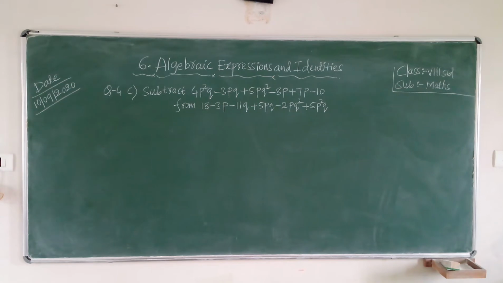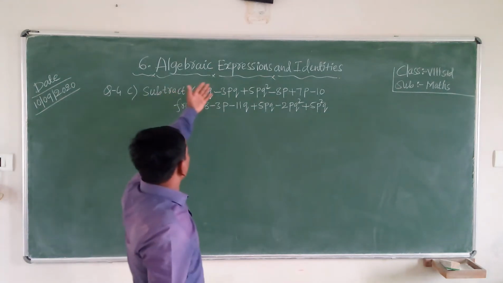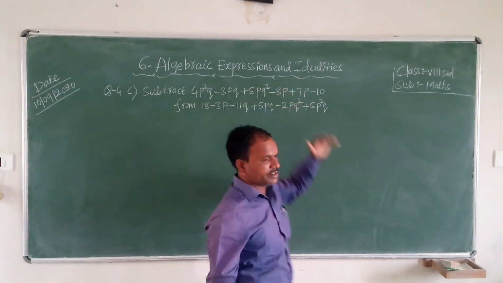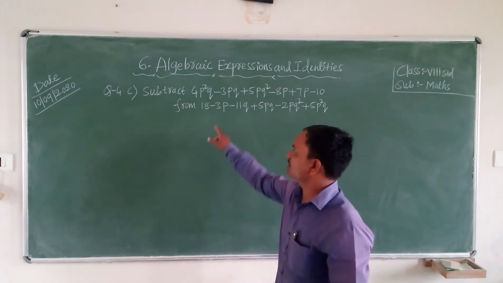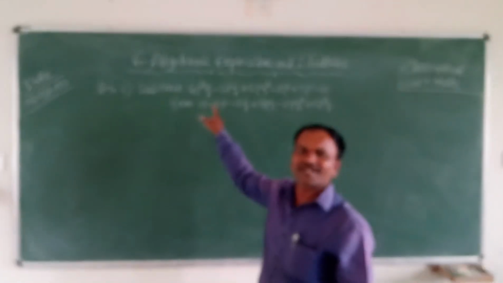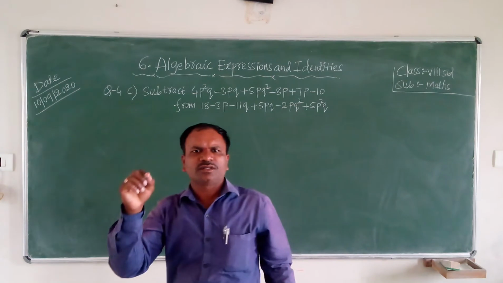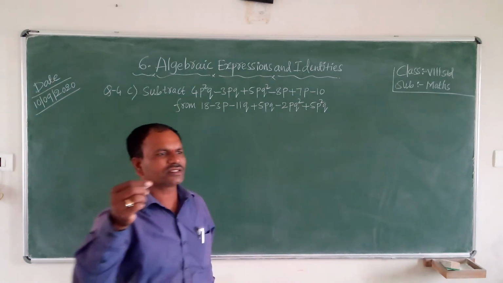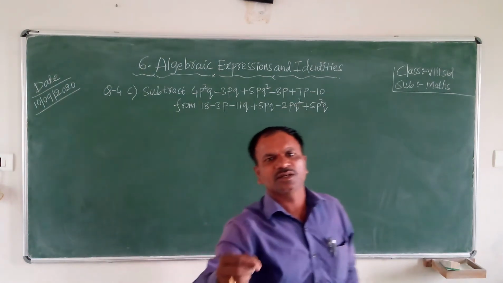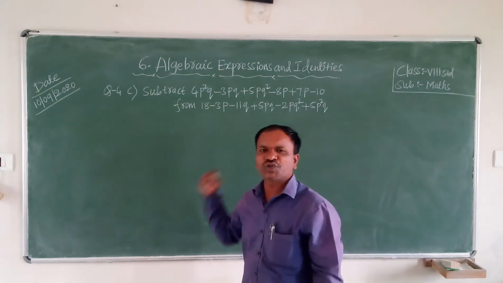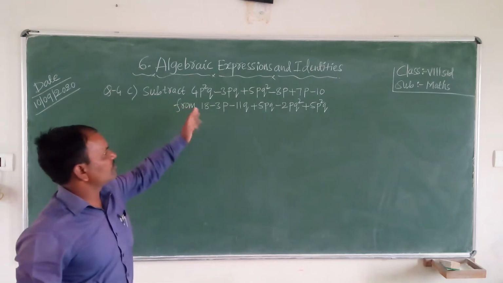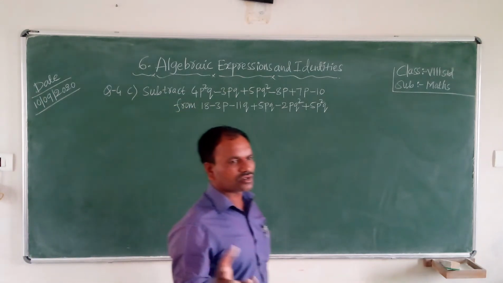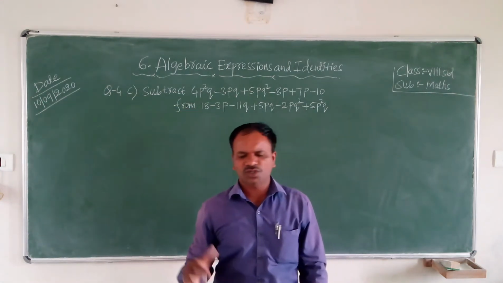Today we are discussing a very important chapter on algebraic expressions and identities. In the previous class there was a small mistake in the fourth question inside C1. A plus was written in the place of a minus. So I will repeat this question: how to solve subtracting from variables. A small mistake happened, so how to do it?